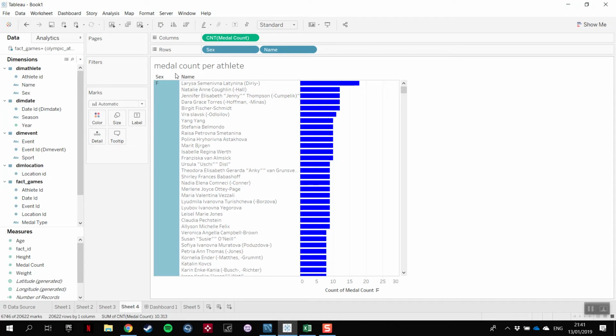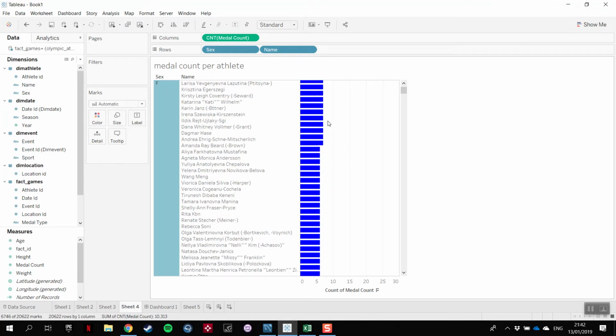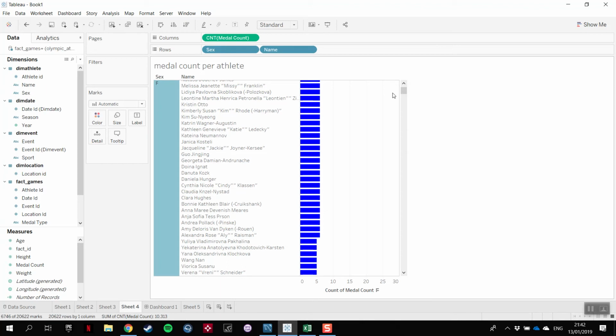Then the last one was basically medal count per athlete. I just wanted to find out what athlete has the most amount of medals ever won. So here we have Larissa Latynina. She has 18. So she has the most medals ever won out of women. And then if we scroll down a good bit here,